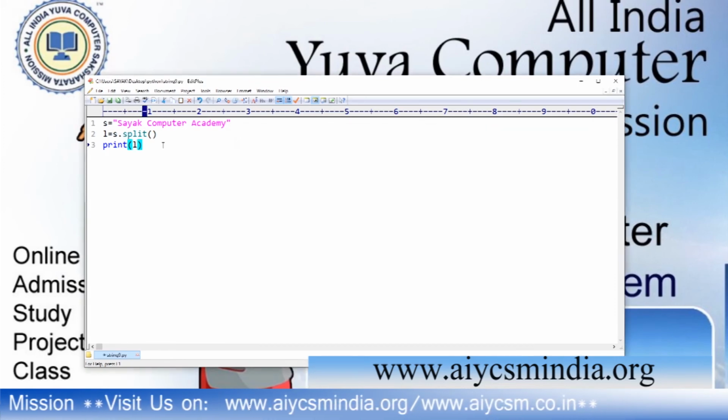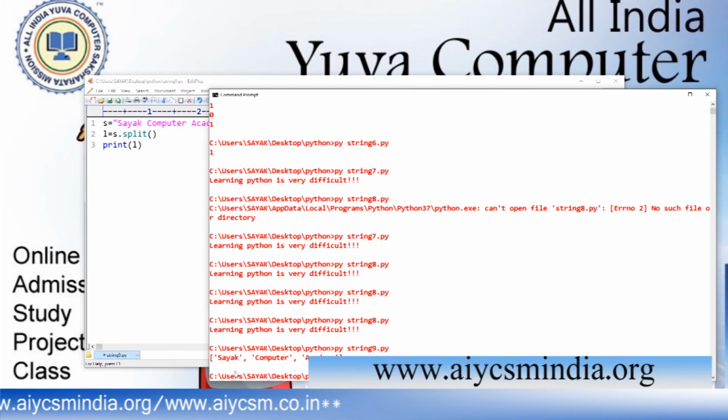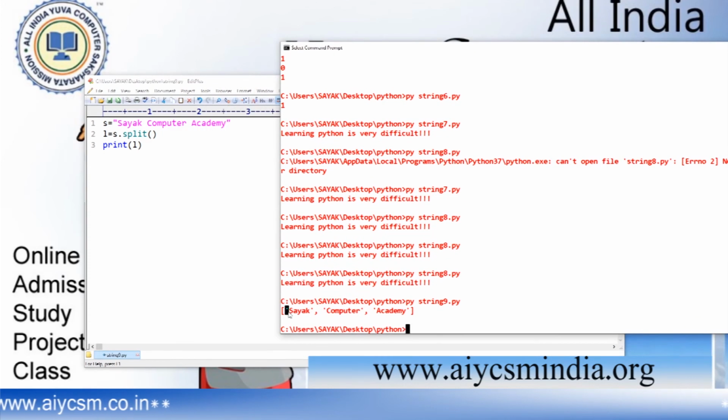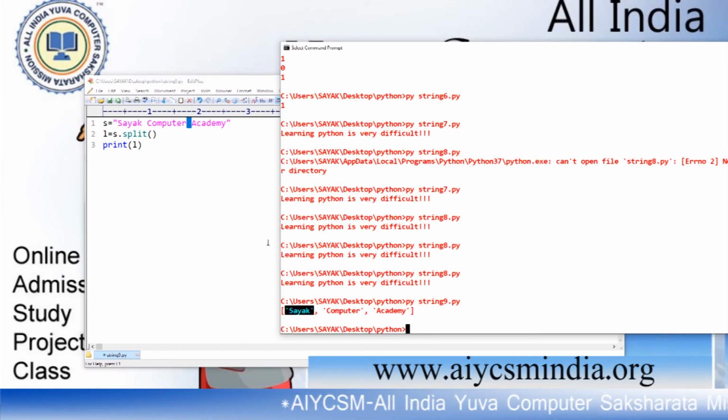Okay, run it from the window. String 9. Look at that, it will print the value as individual elements of a list, and the default separator is just the space.